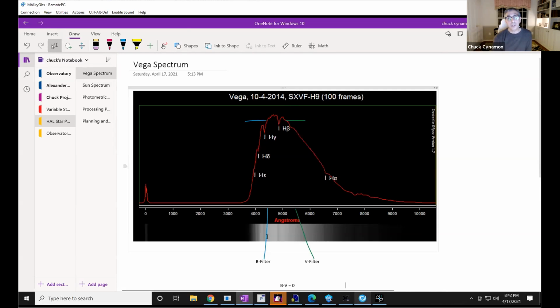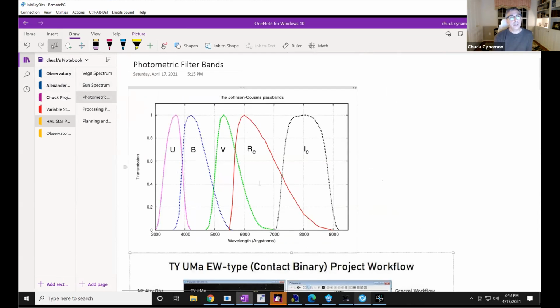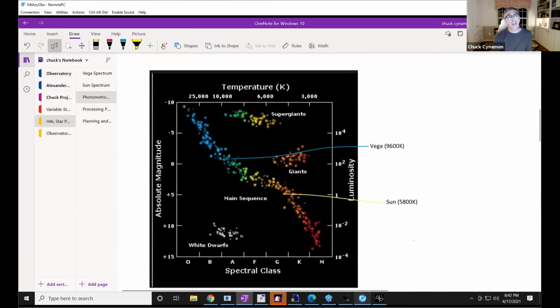So when you look through, say, one filter like the B filter I was talking about, and again the V filter, you actually see where these two are almost equal. And again, contrast that to our star, where the B filter is actually less. And what this really tells us, just a quick primer, is there are all different kinds of stars. They're all associated with what we call a spectral class. So their spectrums look different, and it's because they have different temperatures, based upon how big they are and how massive they are.